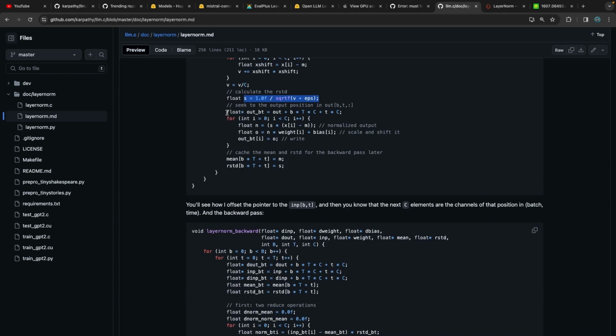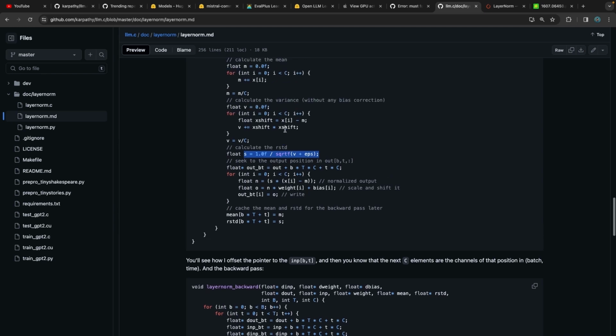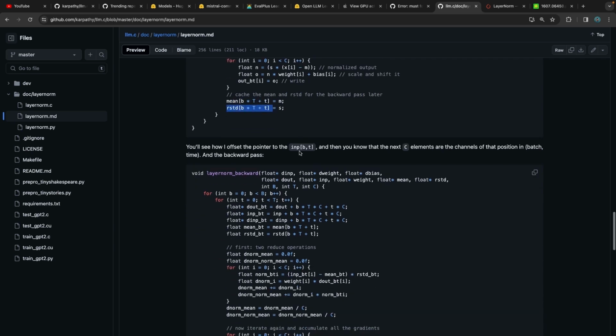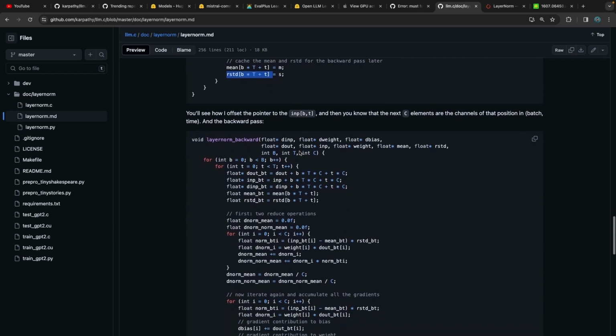And then lastly, he said seek to the output position. Okay, we've done it for the input, now doing it for the output, seek to the output position. And finally we get the mean and the inverse standard deviation, which we will use later in the backward pass,